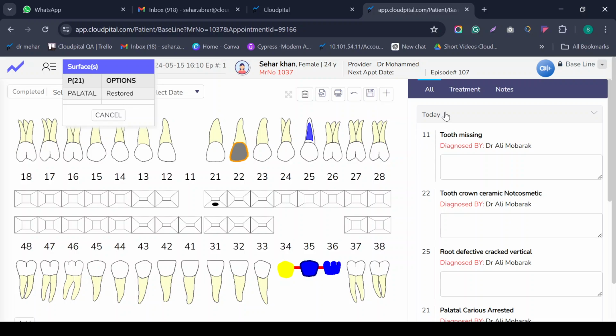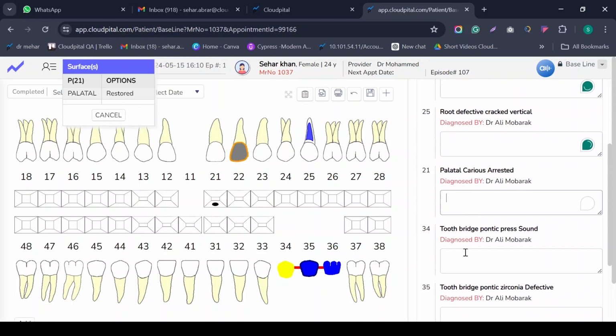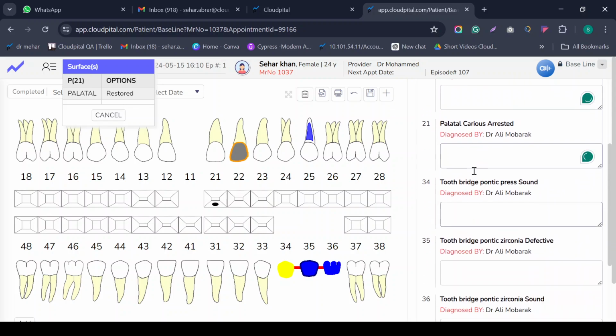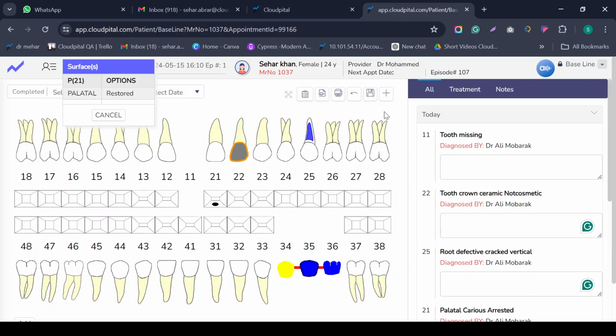You can also see that all of the step-by-step procedure will be maintained in the notes field. And the doctor can also make some notes according to all of the teeth, number wise, for their future record and their future purposes as well. So I'm just writing to save this note. So this initial baseline will be saved in our system.